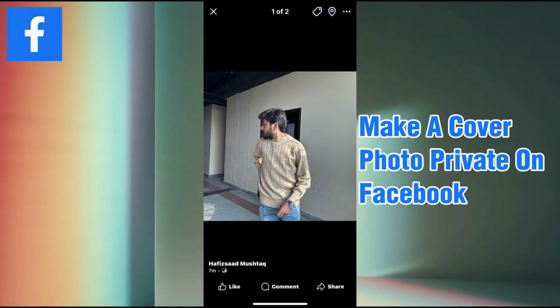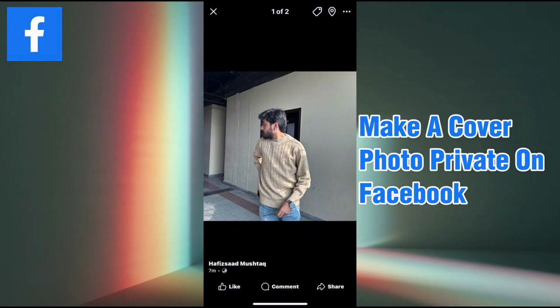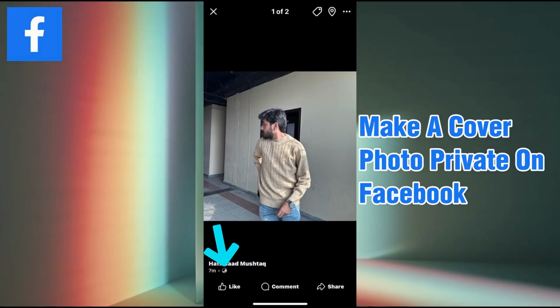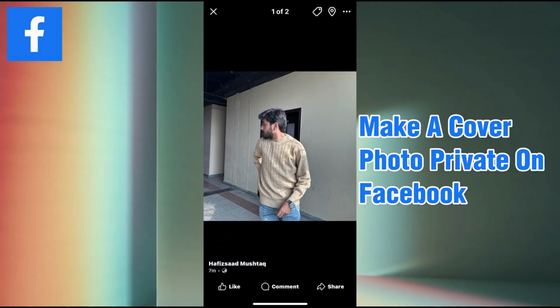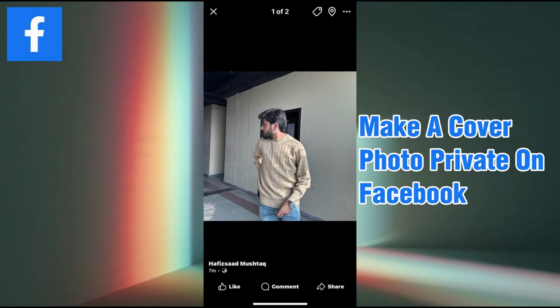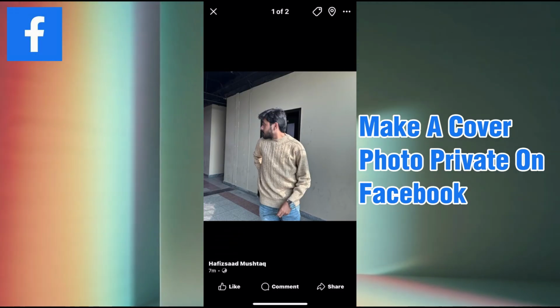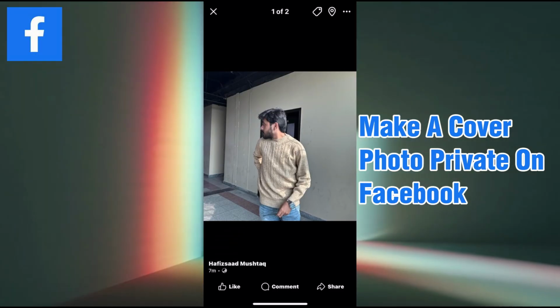Here, you can check who can see your cover photo post. You'll notice a globe icon below your name at the bottom left of the cover photo. This indicates that the cover photo is public. Unfortunately, Facebook's rules don't allow cover photos to be fully private, so you cannot change this to friends only or